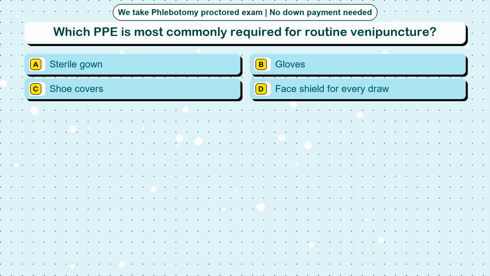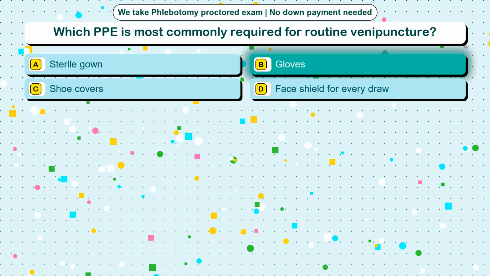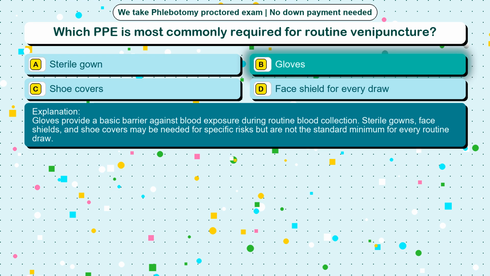Question 20. Which PPE is most commonly required for routine venipuncture? Option A, sterile gown. Option B, gloves. Option C, shoe covers. Option D, face shield for every draw. The correct answer is option B, gloves. Gloves provide a basic barrier against blood exposure during routine blood collection. Sterile gowns, face shields, and shoe covers may be needed for specific risks but are not the standard minimum for